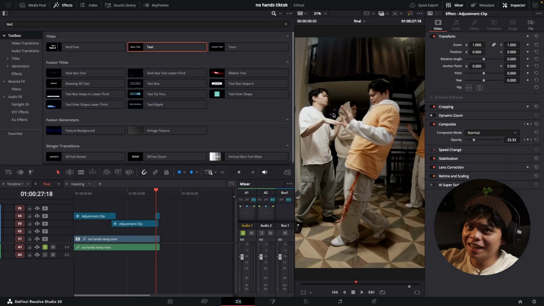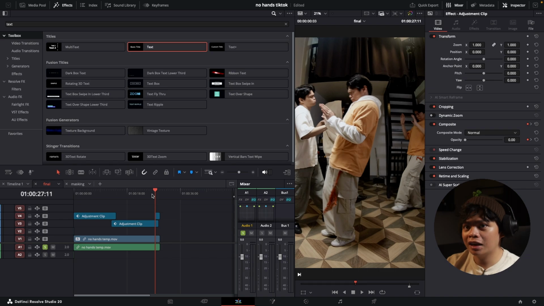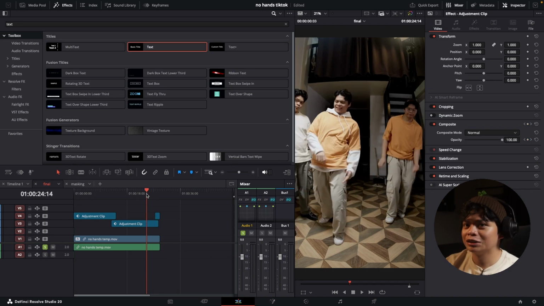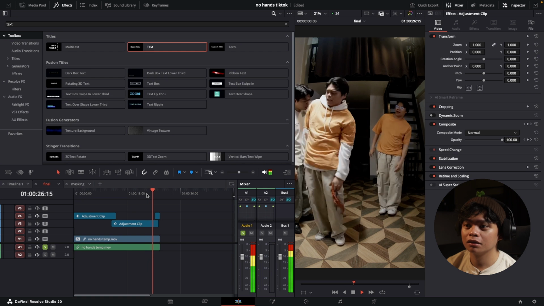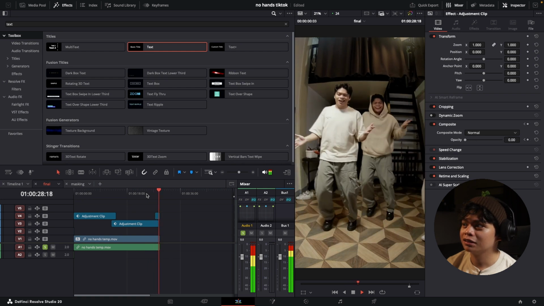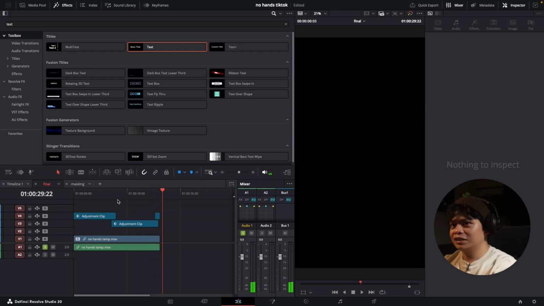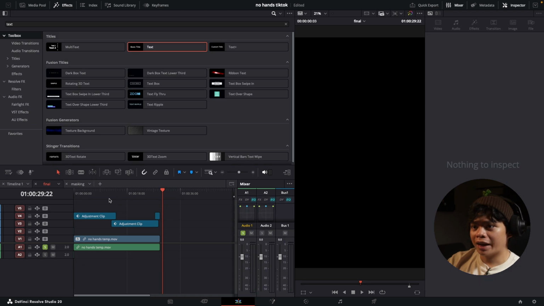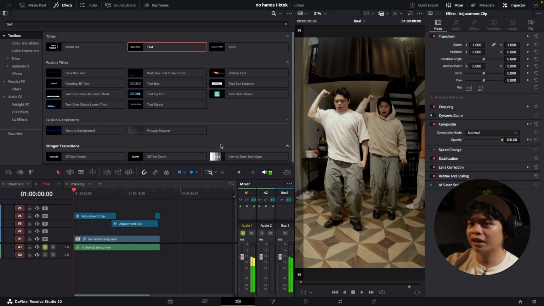Yeah, and as the guys in orange finish their dance, you can see how they go out of frame utilizing the in and out loop. Right there, they go out, then you see the video ends, and then we can go back to the start, and that's when they come in.